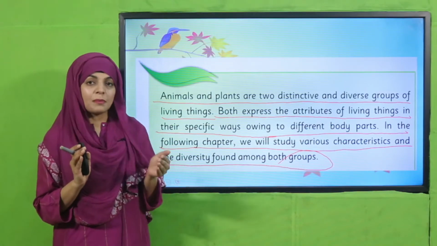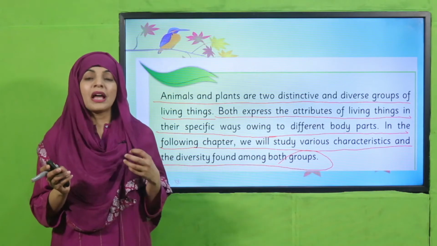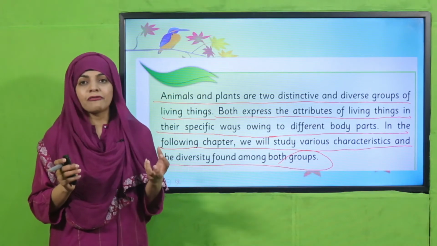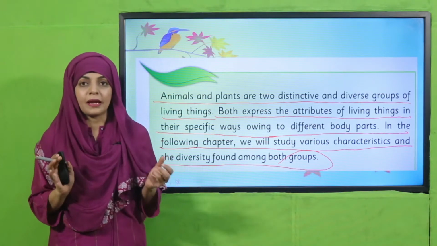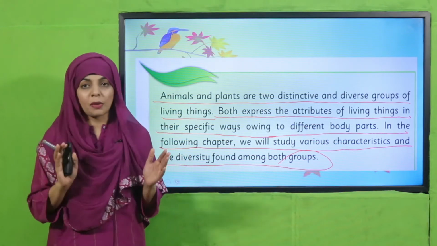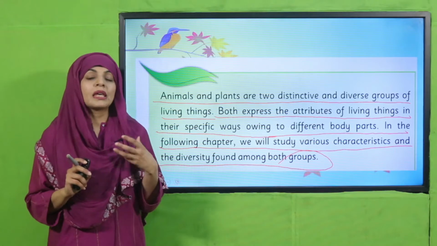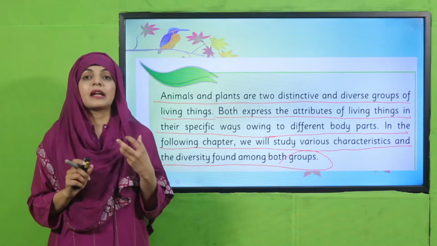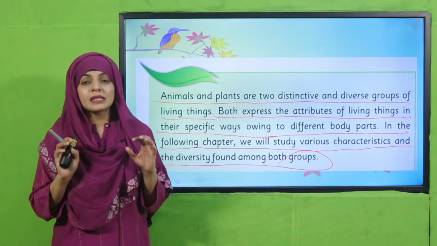So plants and animals both are living things. Both have the characteristics which they should have to be a living thing. तो living thing होने के लिए जो जो characteristics ज़रूरी है plants और animals दोनों के पास वो मौजूद हैं. So उनके क्या क्या life processes हैं, क्या different characteristics मौजूद हैं उनके लिए, we will discuss in this chapter